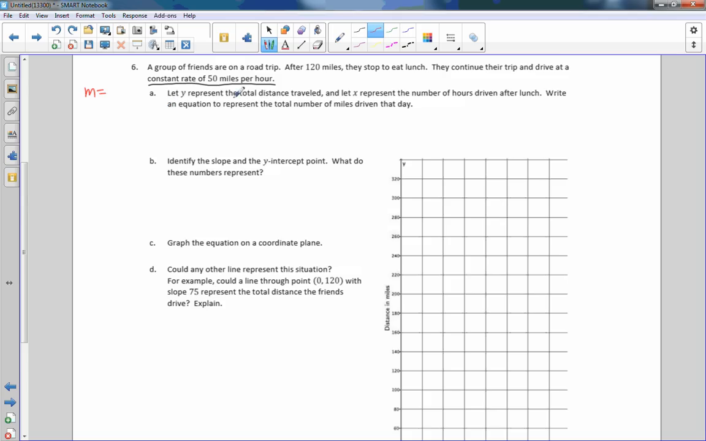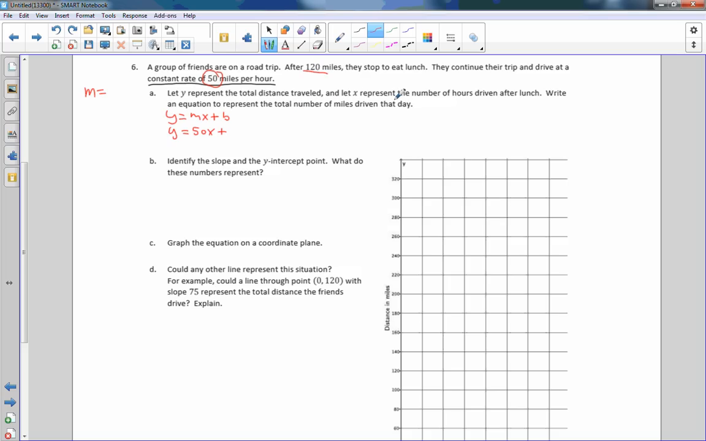A says let Y represent the total distance traveled. Let X represent the number of hours driven after lunch. Write an equation to represent the total number of miles driven that day. So Y equals MX plus B. My slope, my rate, constant rate is 50 miles per hour. So Y equals 50X. And we want to start, we already went 120 miles, and this is asking how far